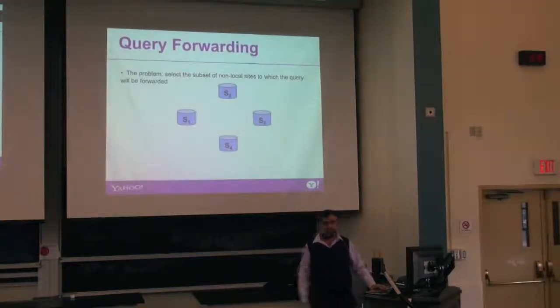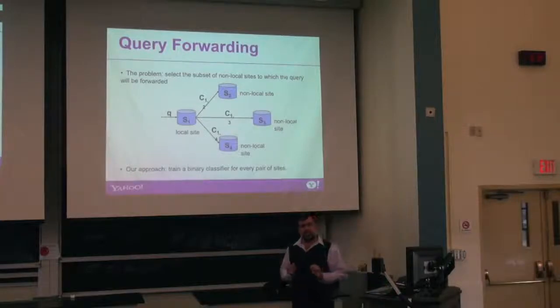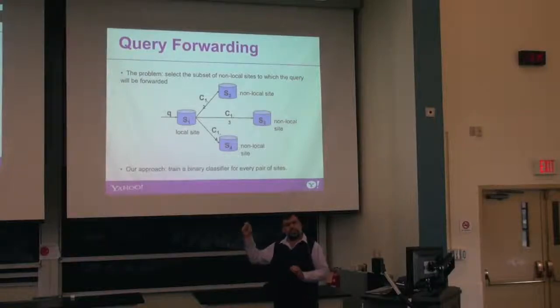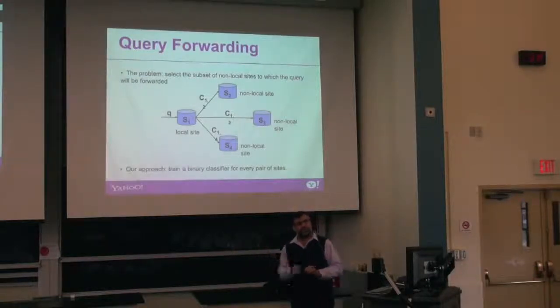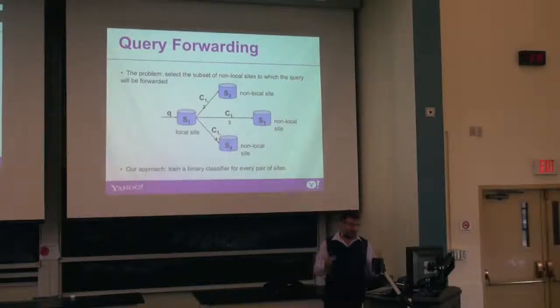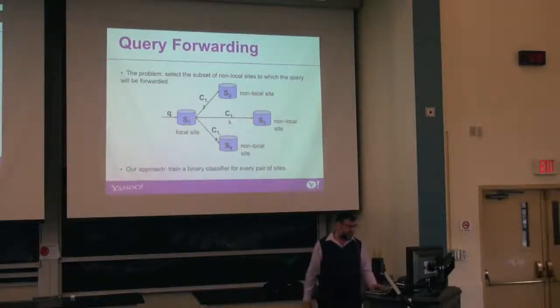Then, query forwarding. We want to send this to only some sites, so we'll build a predictor for every pair of sites. We'll use the entire prediction idea, but now between pairs of sites. In every site, we'll predict if we need to send that query to every other site. For example, here it will be only 3, maybe only 10 predictors per site, but that's okay. It's much better to have local predictors than one single global predictor.